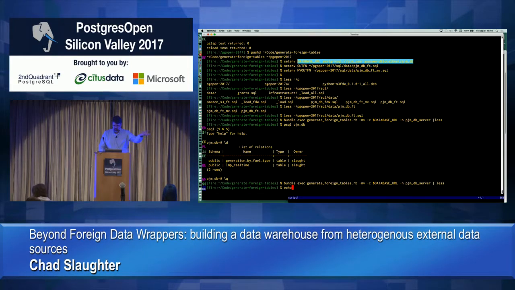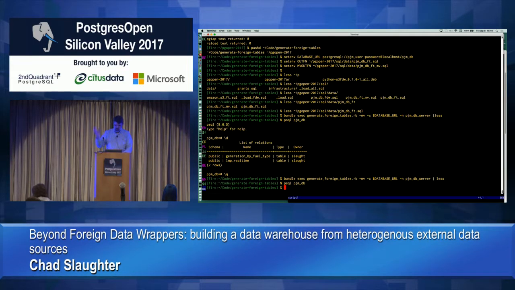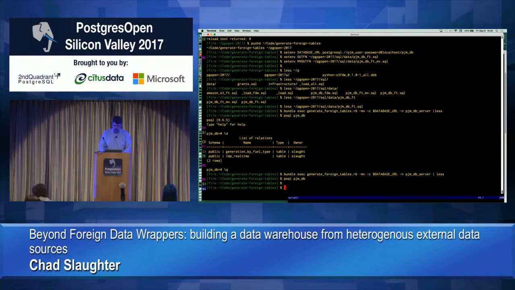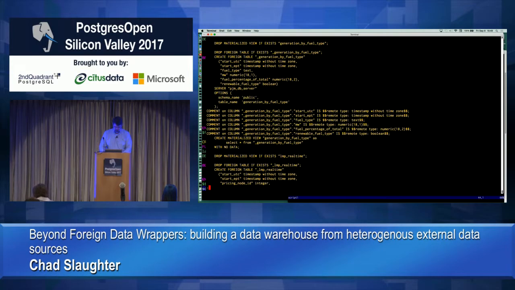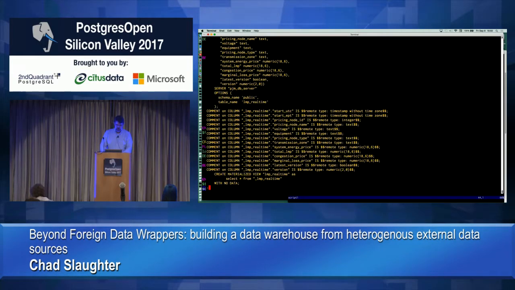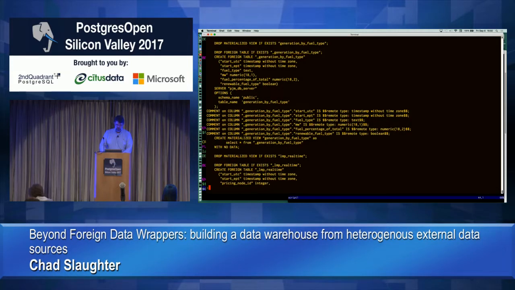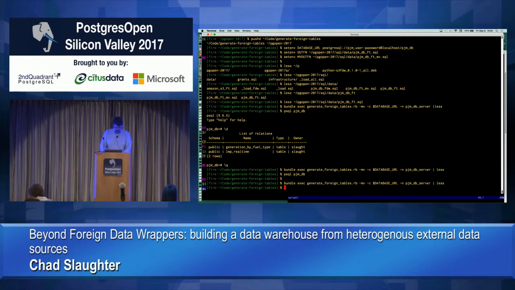We just have the URL pointing to it, whatever that is. Again, it can be MySQL or SQL Server. And then it just goes through and creates a mirror for loading into your foreign table. So when we connect here to example,